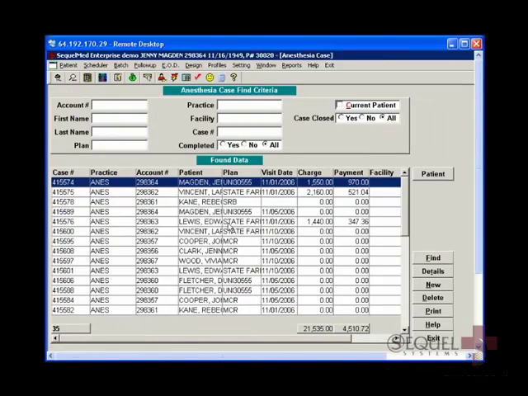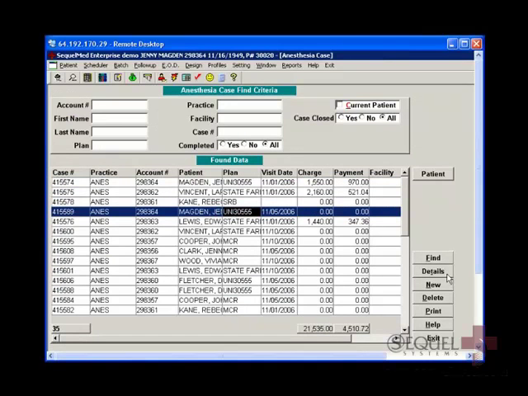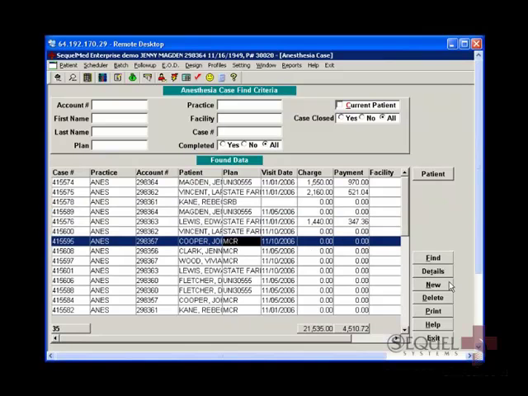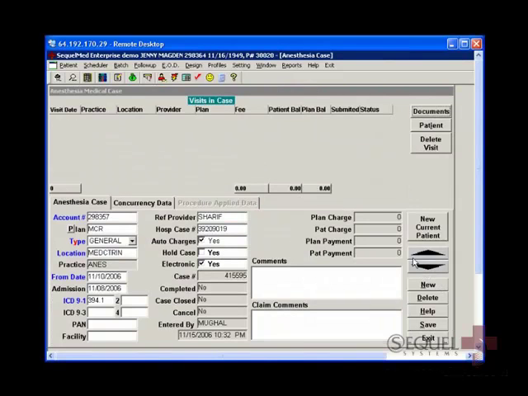Now let's say, for example, I've already entered a case. Let's go with John Cooper here. We've entered the first case, and now we're going to enter a second or additional case. When I click on new, SequelMed automatically remembers or retains the information in the type, location, from date, admission date, ICD-9